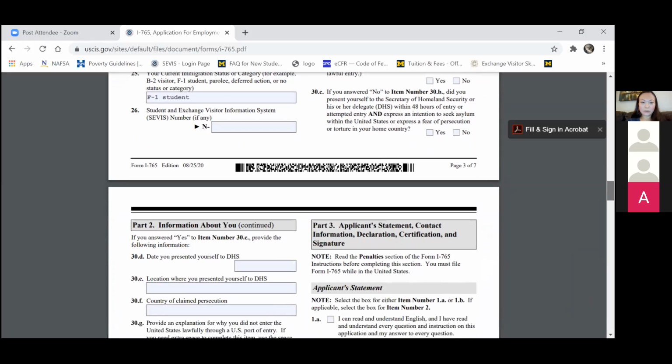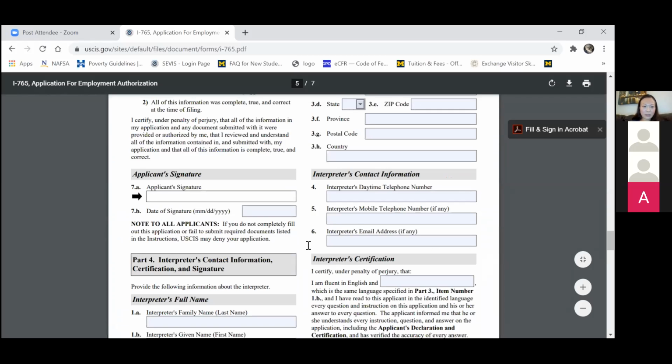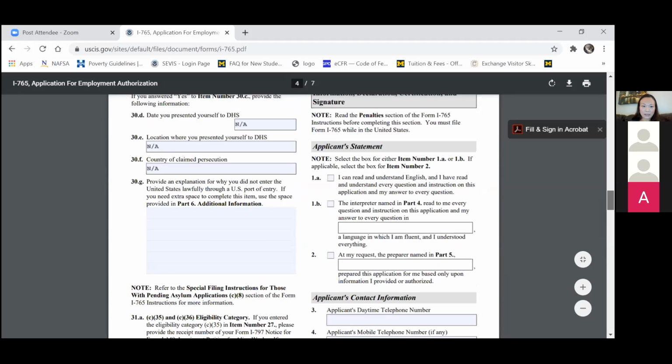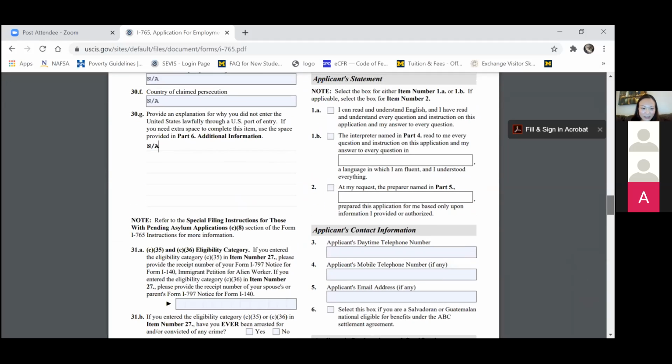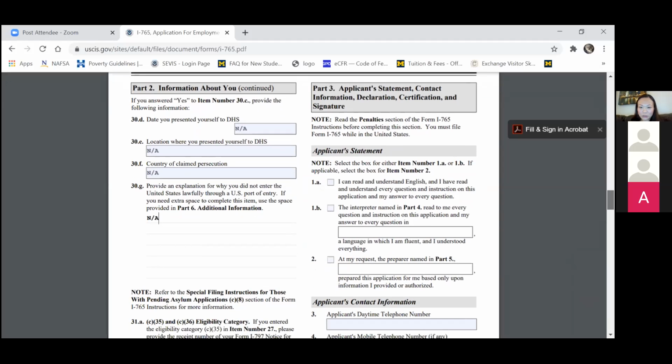So 30D, none of this applies still. This is not a field for post-completion OPT, so I'm putting none. And I think it skipped ahead. Sorry, I'm putting NA here. And you keep doing that until you get to, let's see here, I'm not going to do NA in every single box, but where you start up again is going to be